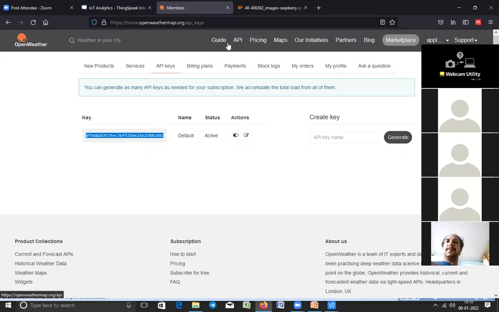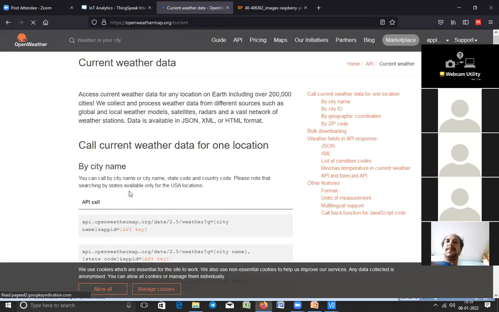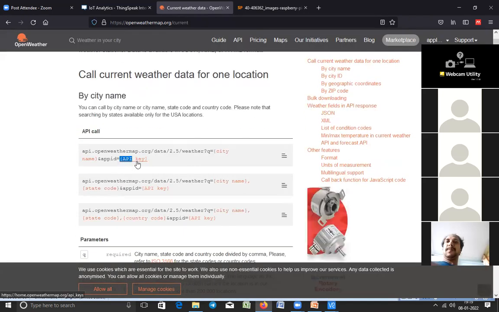So go to APIs now. We have to use that particular API key here. Where it says city, you can provide any city name like Chennai or another name. All of you, clear? So copy this to access the data. This is the HTTP endpoint. We can say this is the API call. People say API call, some people call it an API request, and some people call it an HTTP endpoint.